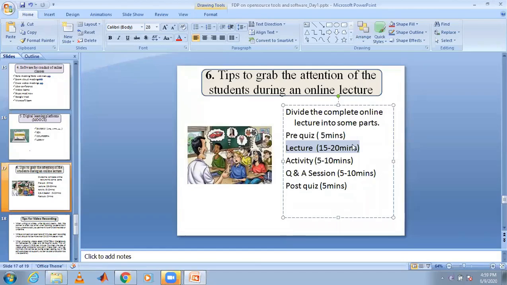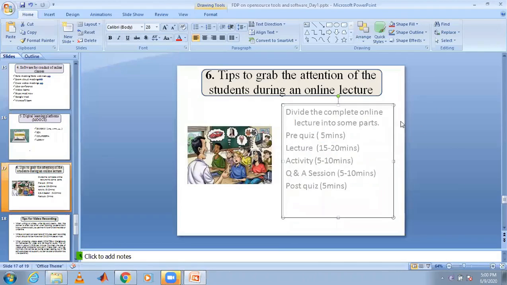After the activity, you can plan a 15 to 20 minute lecture again. After that, for 5 to 10 minutes, randomly pick some students and hold a question and answer session. After that, post a quiz. Using Google Forms, you can post a quiz and ask the students to attempt the quiz. Okay, this is my plan to go for an